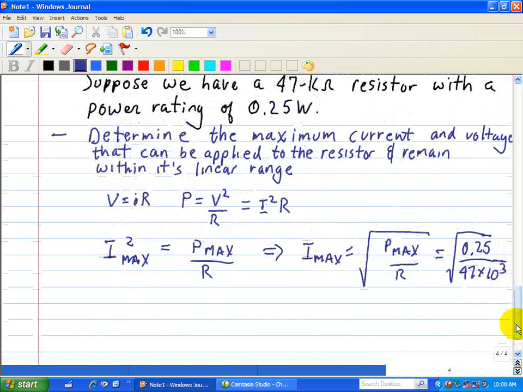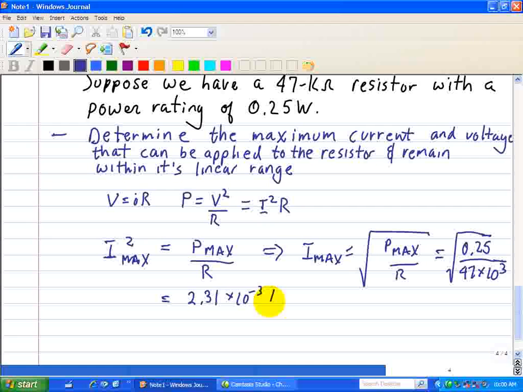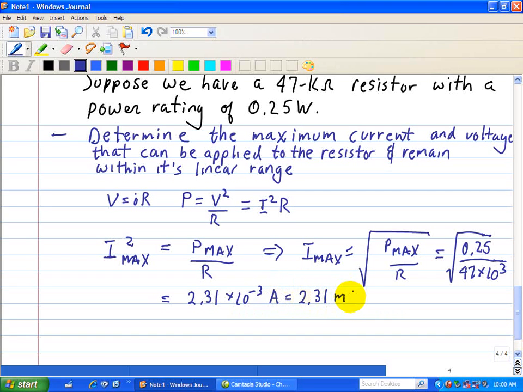Okay, and that yields 2.31 times 10 to the minus 3 amps, which is equal to 2.31 milliamps. So that's our maximum current